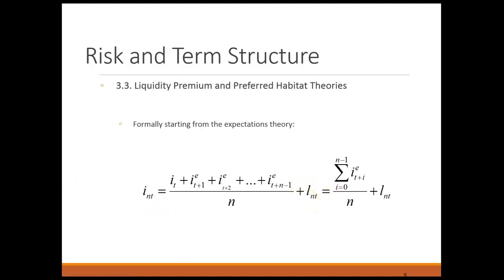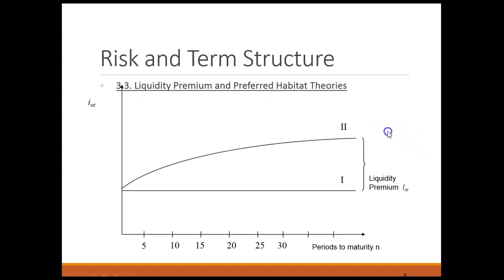This is our liquidity premium. That liquidity premium increases the longer you have to wait. And consequently, it drives a wedge in between long-term and short-term yields that has a tendency to push the yield curve upward. As an example, think of a scenario where short-term interest rates are expected to stay constant till the end of eternity. In this case, long-term interest rates would be equal to short-term interest rates, and the yield curve according to the pure expectations theory here with the Roman numeral 1 would be completely flat.